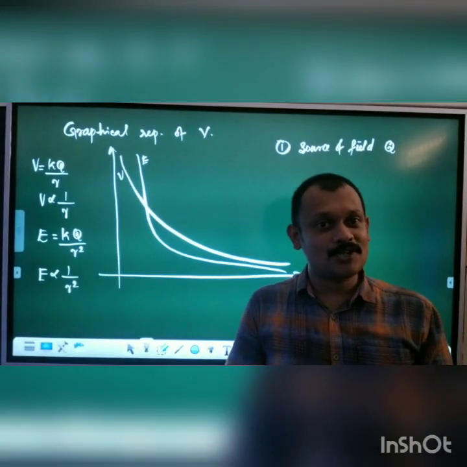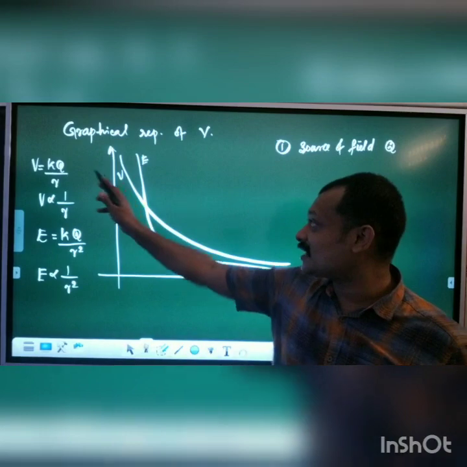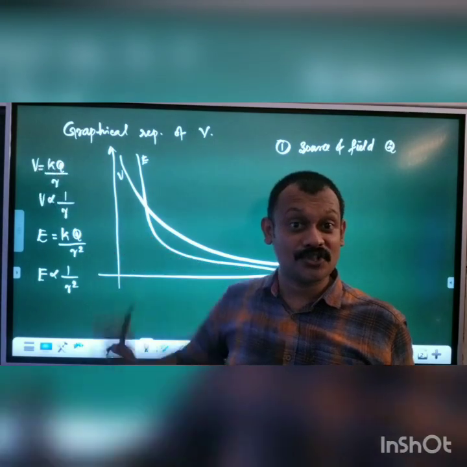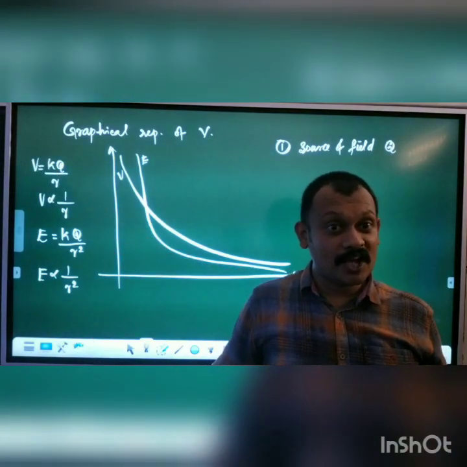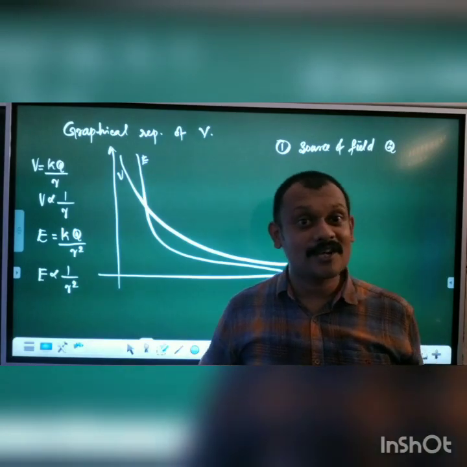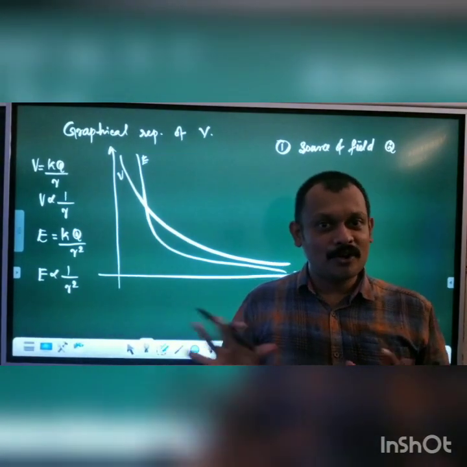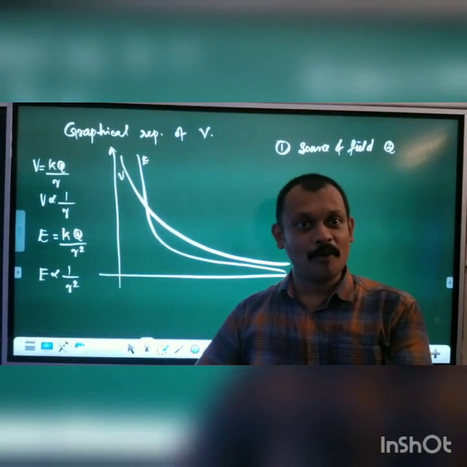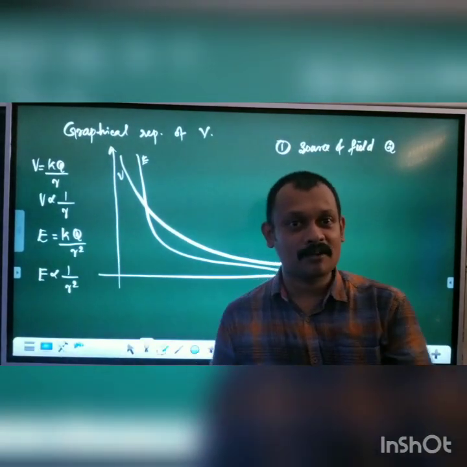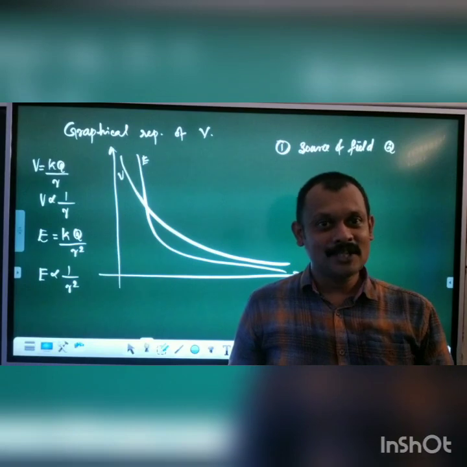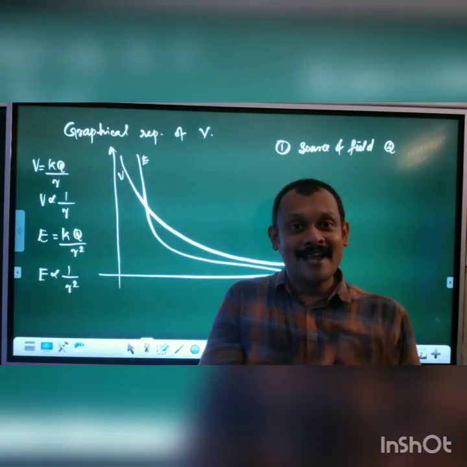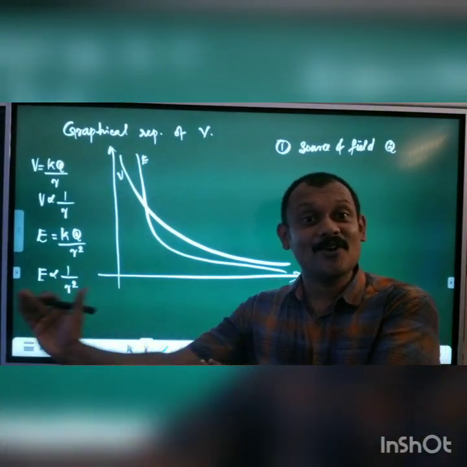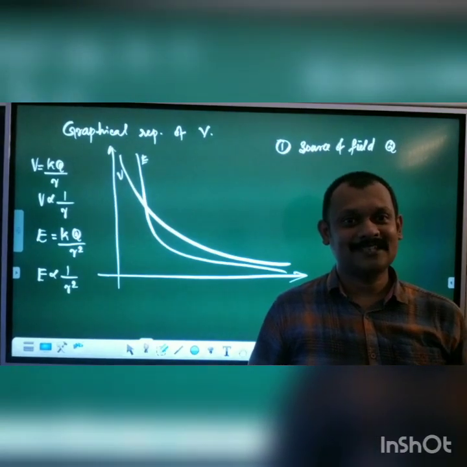It is independent of the test charge that we are using, because in this expression you find only the magnitude of the source charge. Mathematically it depends on the magnitude of the source charge. Physically, I told you, the choice of the test charge should be such that it should not alter the original configuration of the system. It is just like someone came to our home as a guest, and now he is occupying our home and we are thrown out of the home. It should not happen. So the test charge should not alter the original configuration of the system. That's what I'm coming to.